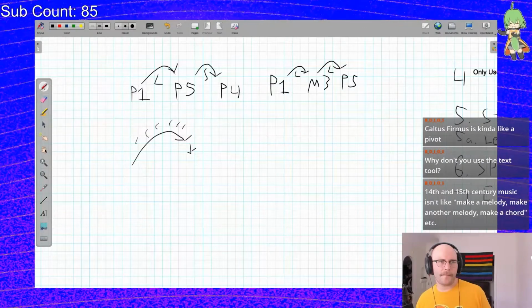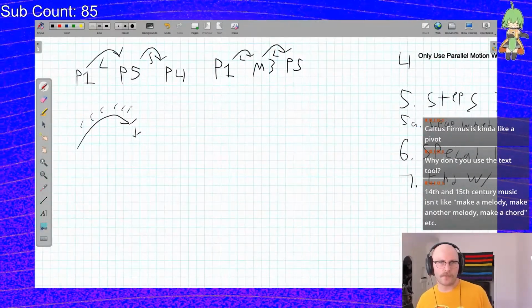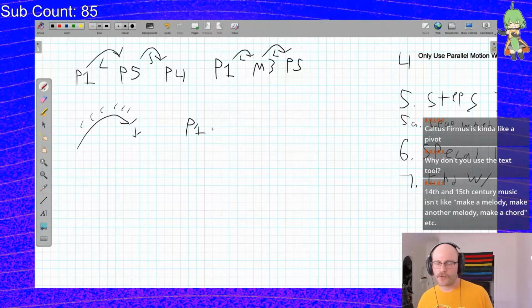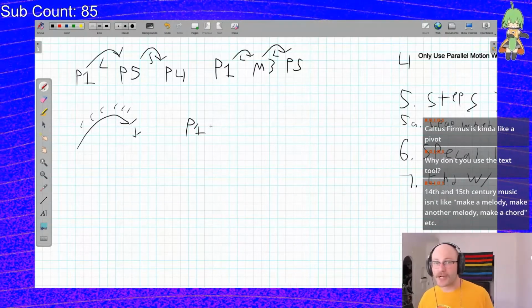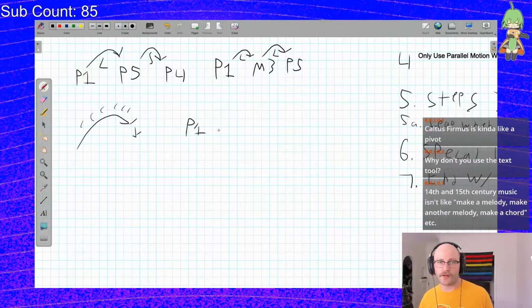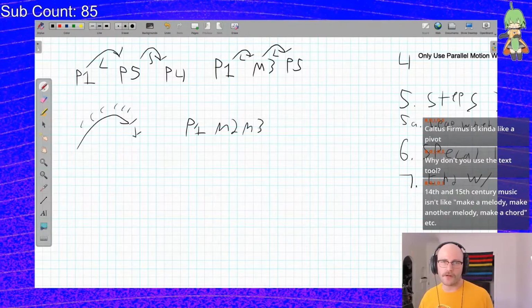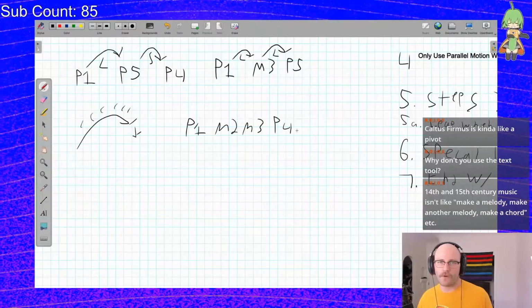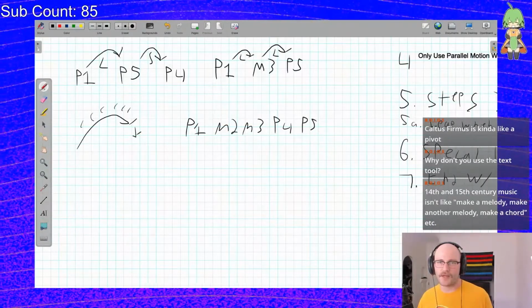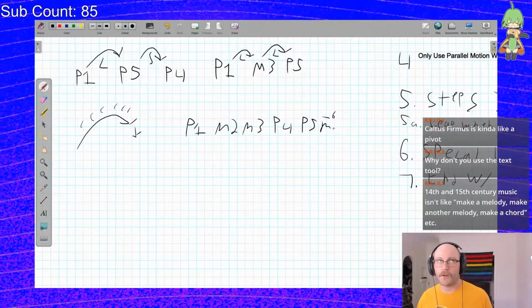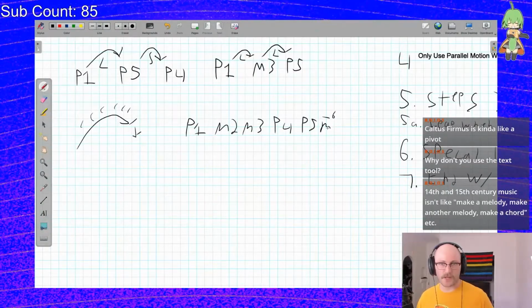So if I am kind of drawing this out, we got P1, got R. I'm going to do this in just the major scale, so I'm going to skip over some of the other intervals. We have the major 2nd, we have the major 3rd, we have the perfect 4th, we have the 5th, we have the minor 6th, or wait, no, the major 6th, excuse me, because we're in a major key.